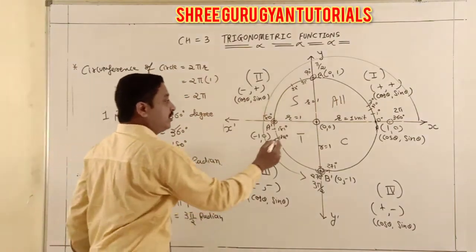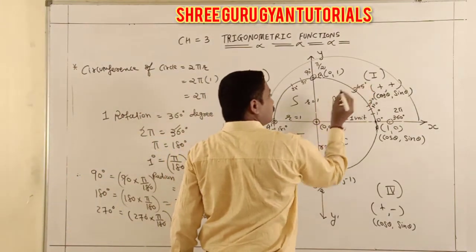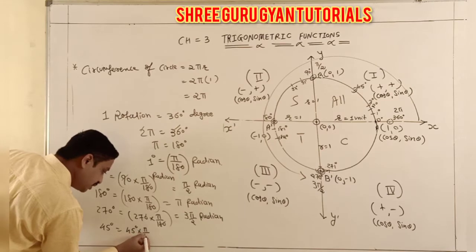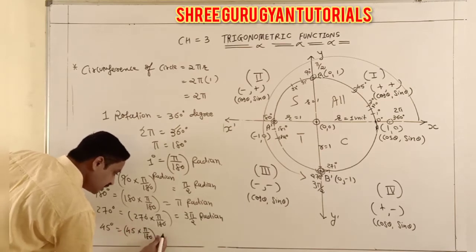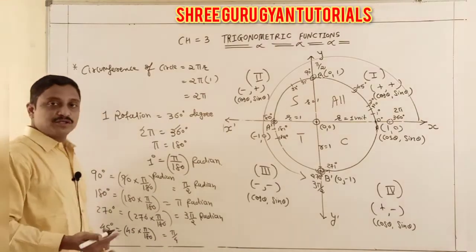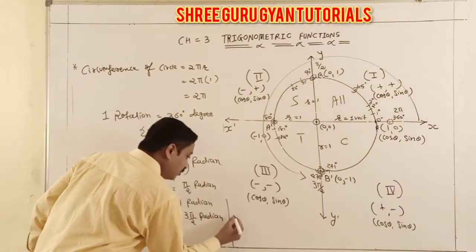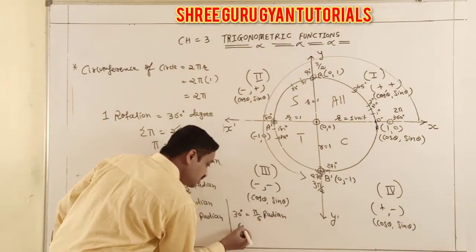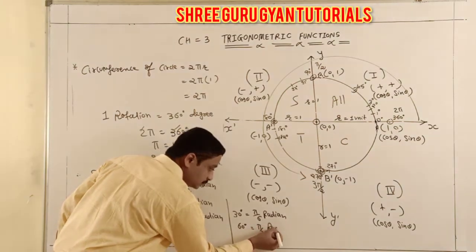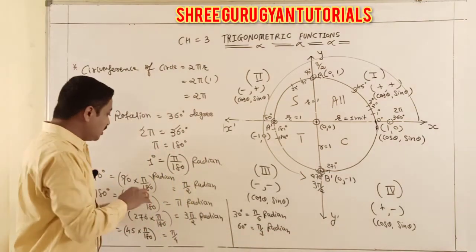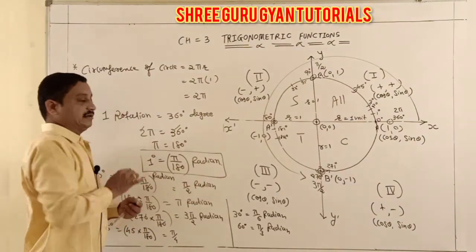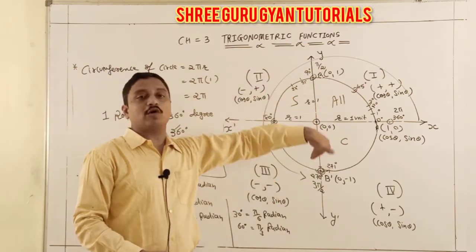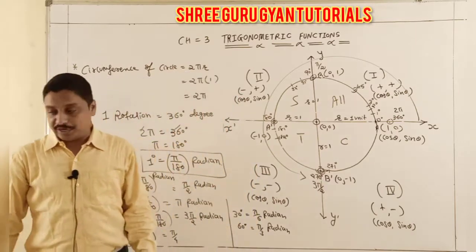But this indicates that the middle point is 45 degree. So you also cover here 45 degree. 45 into pi by 180, I mean radian, it is pi by 4. Similarly other degrees are available: 30 degree, 60 degree. If I calculate 30 degree, it is pi by 6 radian. Same for 60 degree, it is pi by 3 radian. So finally, learn by heart that 1 degree is equal to pi by 180 radian. Now I show our degree measure in clockwise and anti-clockwise circulations one by one.